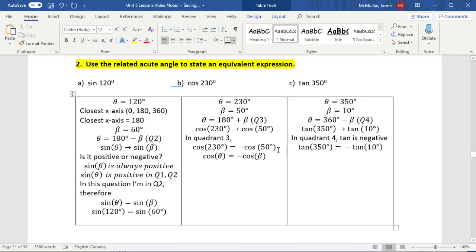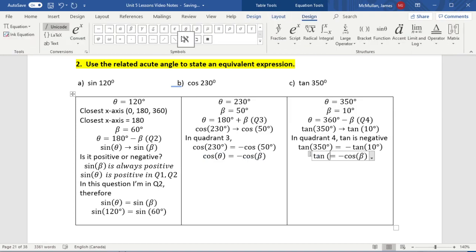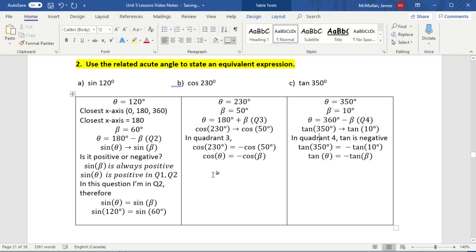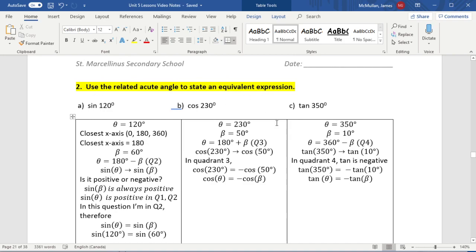And again, the formula would be the same as this. Tan theta is equal to negative tan beta in quadrant 4. So this work is not difficult to do, but it is a little bit difficult to understand. So go through a few practice questions or just make some up and see if you're